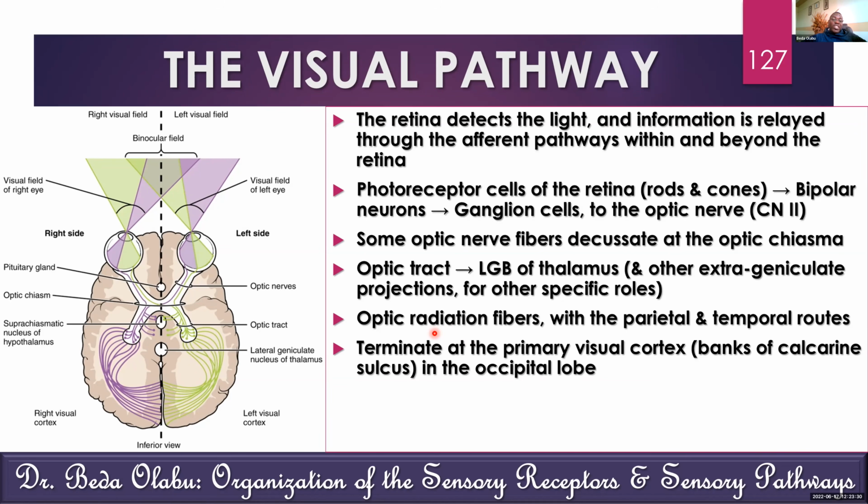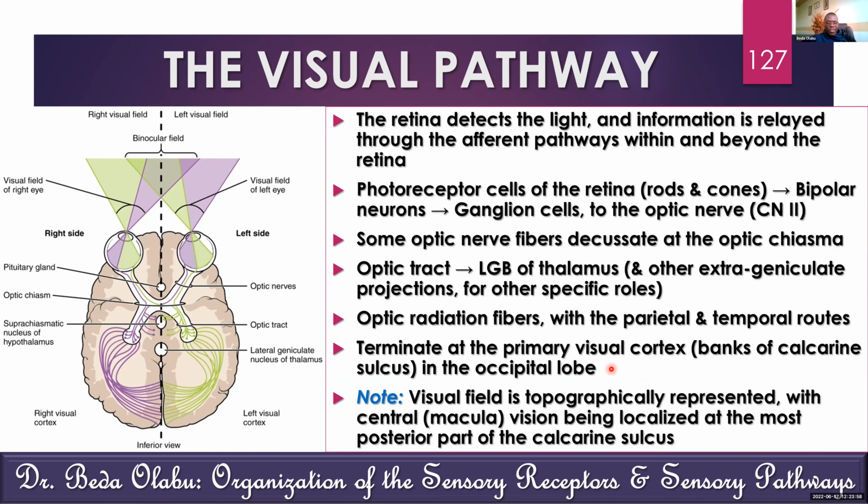So fibers of the optic radiation can either take the superior route to reach the banks of the calcarine sulcus, so those ones will go to the upper bank, or they can take the inferior route to reach the lower bank of the calcarine sulcus, and that will mean they'll take the temporal route. All in all, they'll terminate at the primary visual cortex, area number 17, the banks of the calcarine sulcus. Take note,